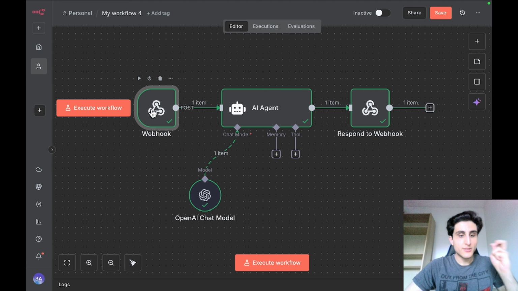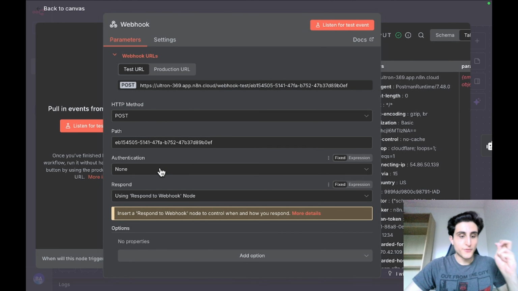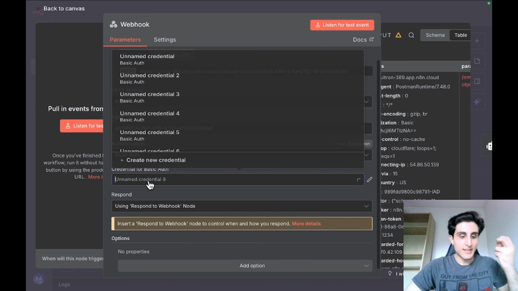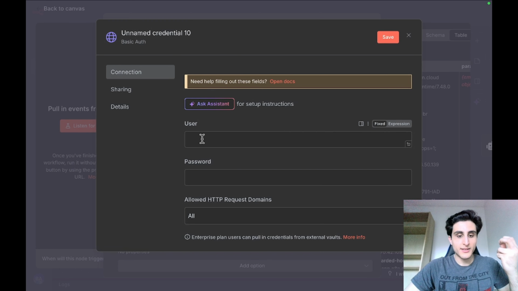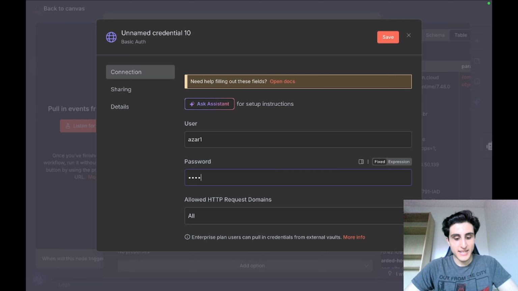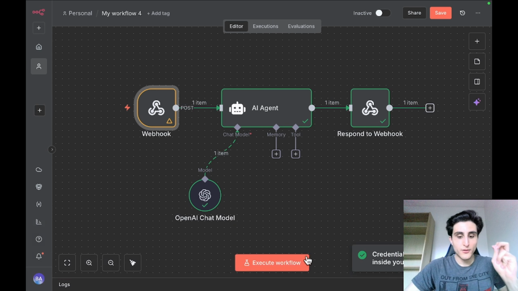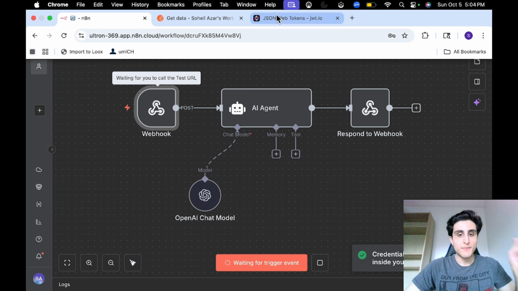And the first way to prevent that is through basic authentication. Authentication by default is none, but I can choose basic authentication, and then I can add a new credential. First I need to provide the username, and then I need to provide the password. Once I do that, whoever wants to connect to this workflow needs to provide this username and password